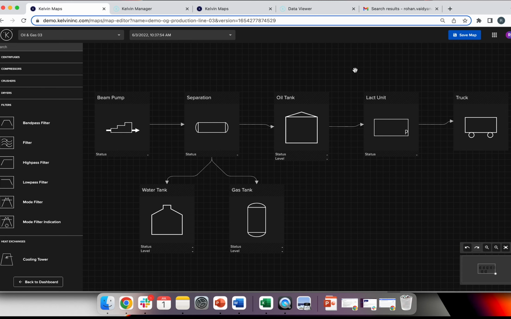So that way you also have some sort of audit trail and security for not being able to make the incorrect changes to a process. You can also roll back to a previous version. If you are going to save a map, it's going to give you the previous version that was available to you. In case you made a mistake or you want to revert back to your previous process, it's very easy to load the previous version from here and go back and forth between the different versions. So it also allows you some amount of version control and the ability to